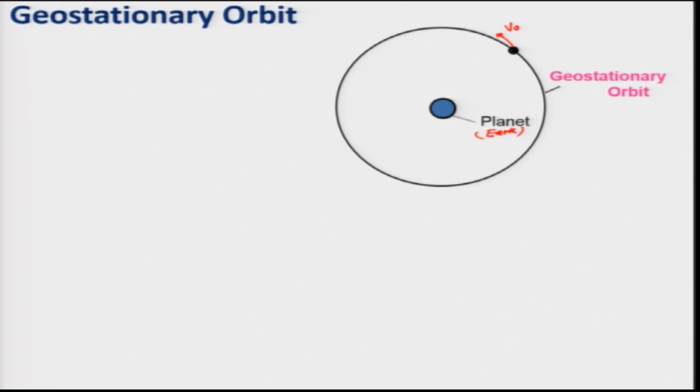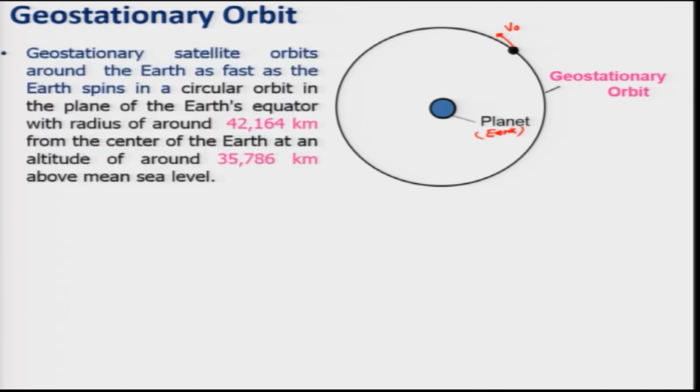A geostationary satellite orbits around the earth as fast as the earth spins, in a circular orbit in the plane of the earth's equator, with a radius of 42,164 kilometers. That means, from center to center, this distance will be r, and r is equal to